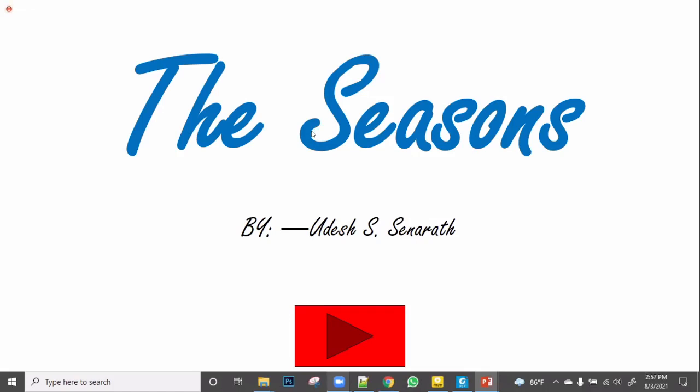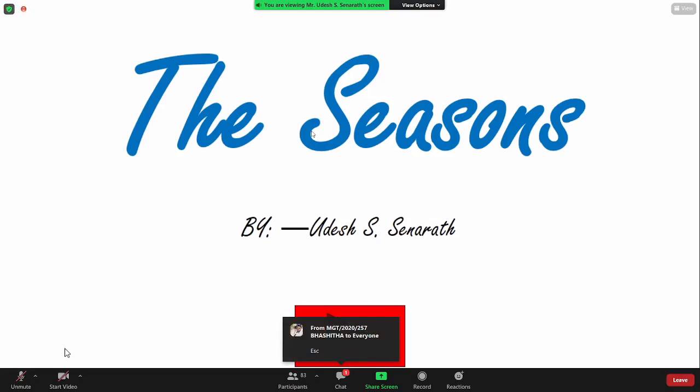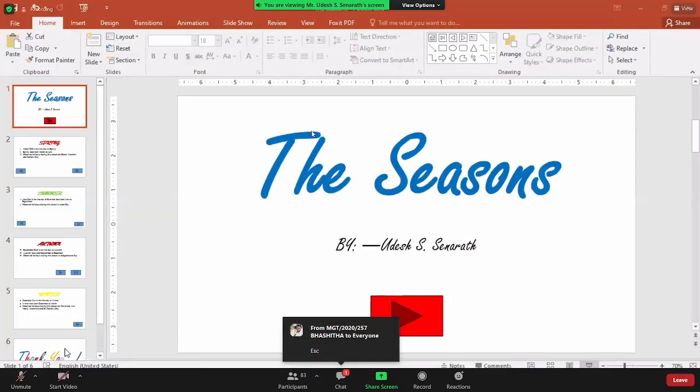Yes, anyone? How do we press the ESC button? Yes, if you press ESC, or we call it the escape button, like this, the slideshow will be ended. Right, so you can see